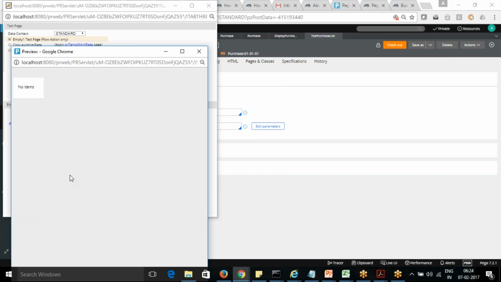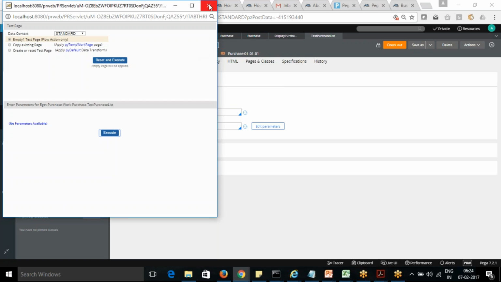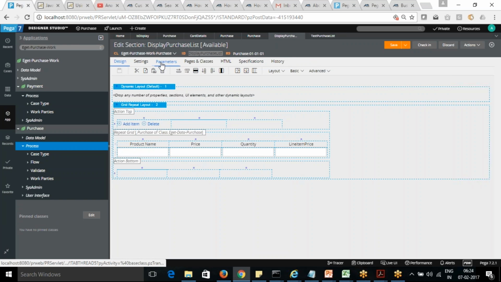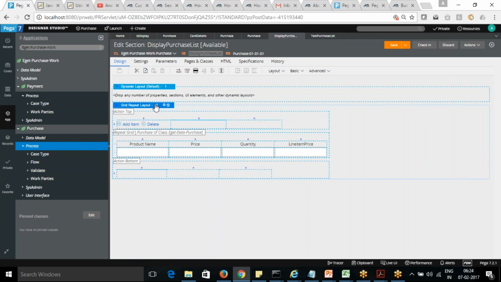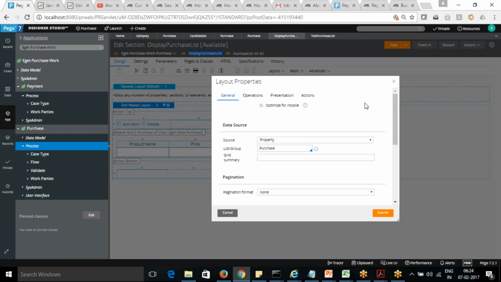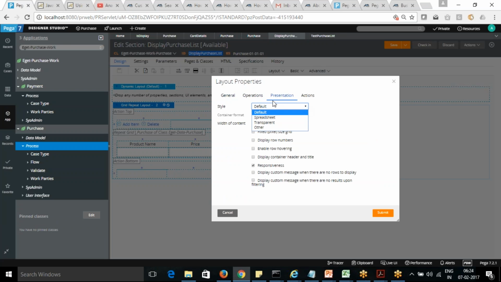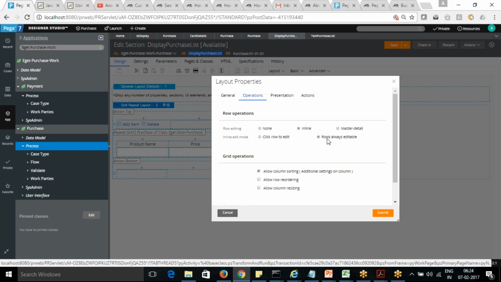It's not showing editable. Shall we then make it editable?